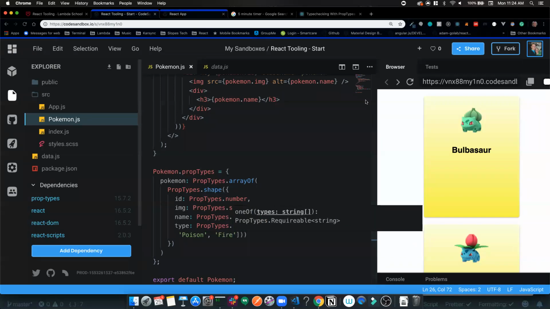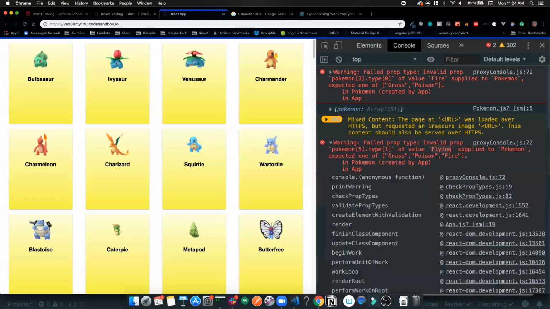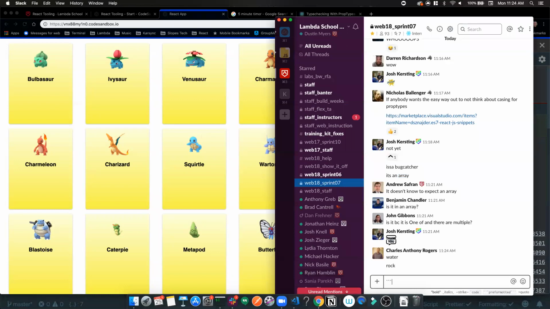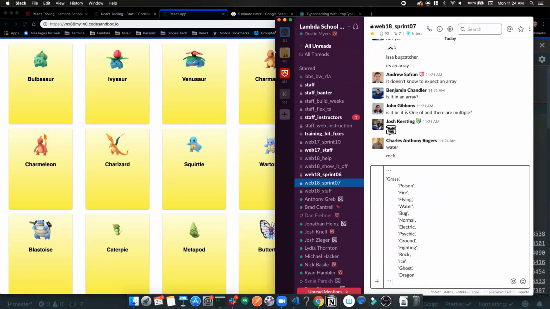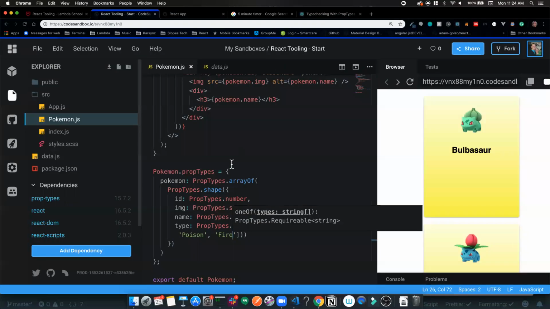save it, go look at the next error, and flying. And then we'd have to go one by one and keep adding these to the list until we don't get this error anymore. Or I could just pass you all the types that are possible here. There you go. So those are all the types that we should see